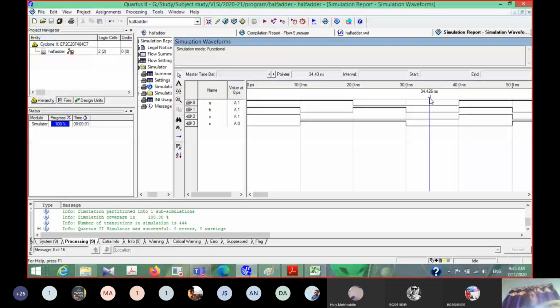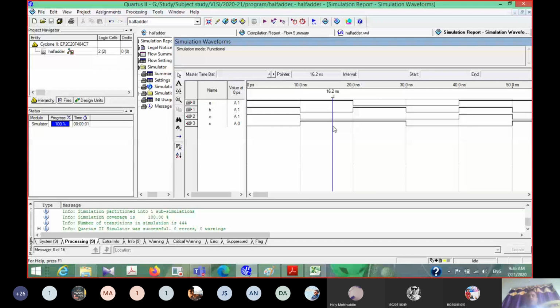Here we can see one of the inputs is 1 and one input is 0, so it is a 0 1 input. In a 0 1 input, the XOR output is 1, so the sum output is 1 and the carry output is 0. The third combination is 1 0, A equal to 1 and B equal to 0.